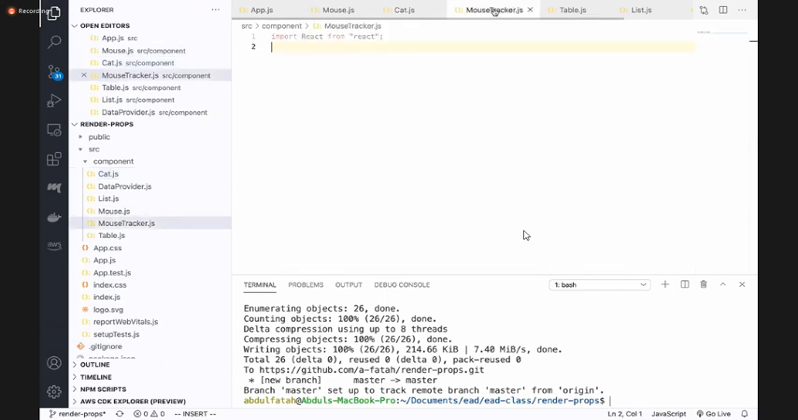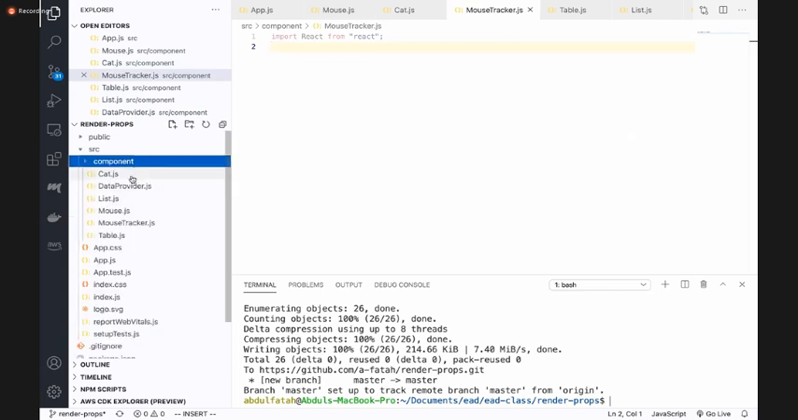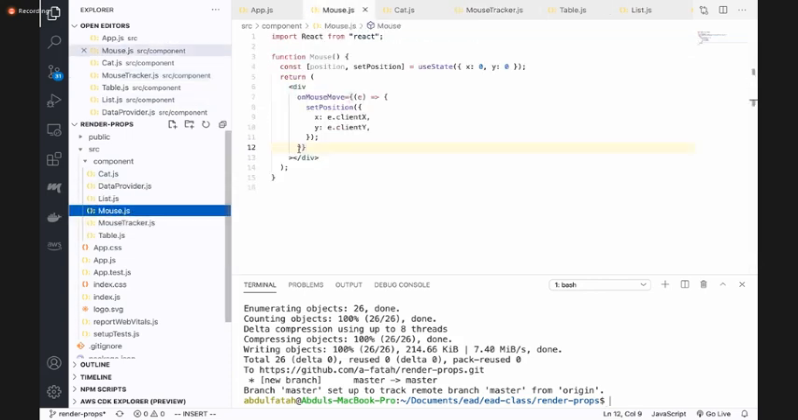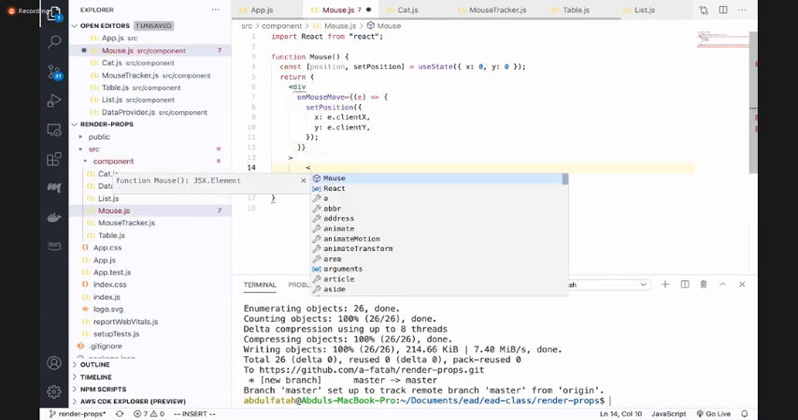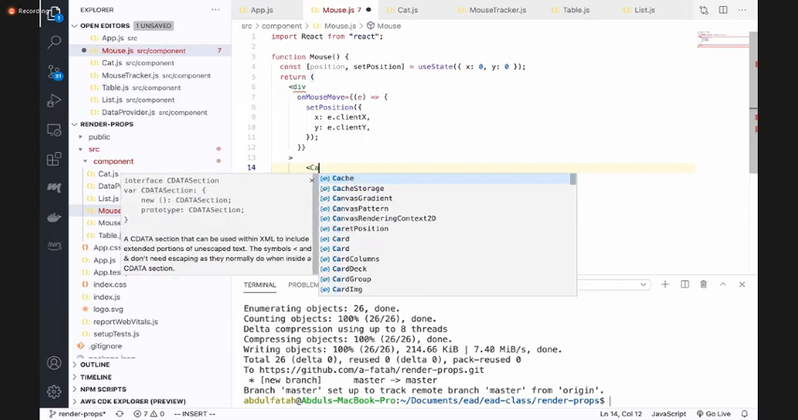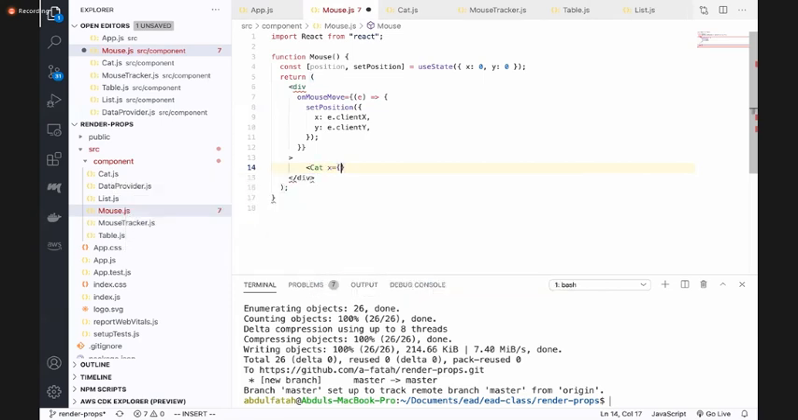अब हम क्या करेंगे, जो लॉजिक हमने लिखी है एक्स एंड वाई को फॉलो करने की, उसको हमें यूज करना है। अब लेट्स से हम कन्वेंशनल अप्रोच से करते हैं। एक एक्स्ट्रा कंपोनेंट बनाएंगे, बल्कि इसी के अंदर माउस ट्रैकर के अंदर चेंज करते हैं। इसी डिव के अंदर हम अपना कैट वाला कंपोनेंट यूज करेंगे। कैट एक्स इक्वल्स पोजीशन डॉट एक्स,